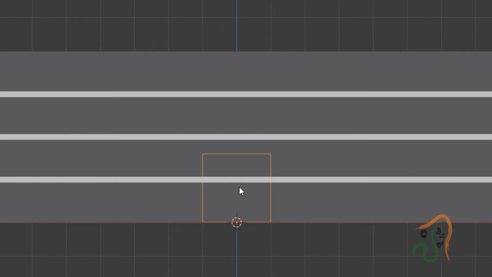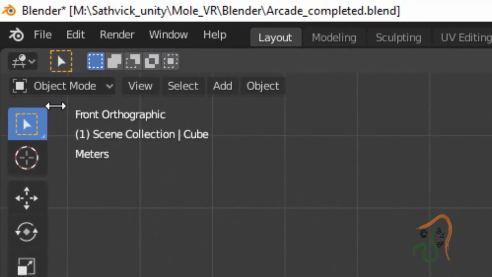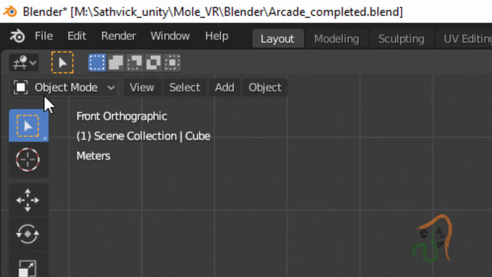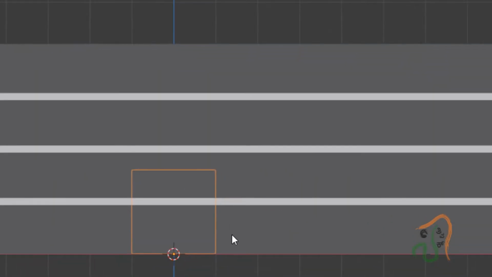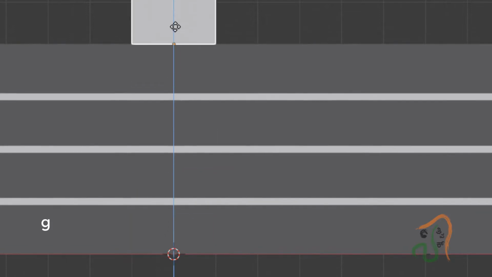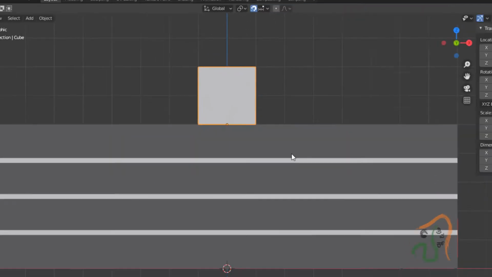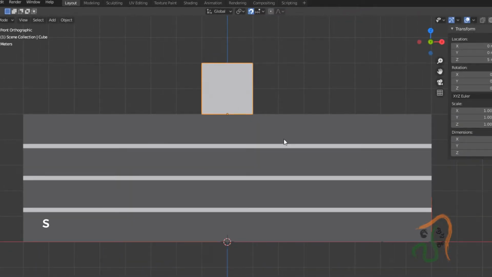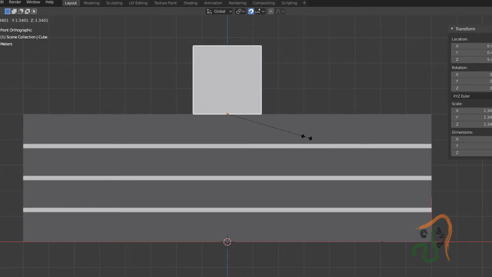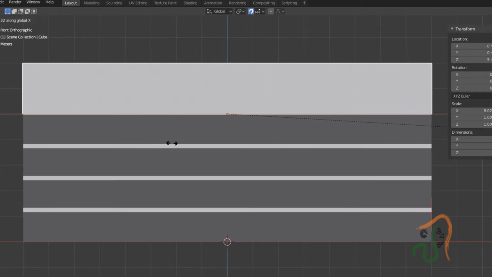bottom of this cube. Now we are in the object mode. So come out of edit mode now, and in the object mode press G and Z and move it to the top here so that it snaps here. Then let us scale it, press S, and when we are scaling it, let us scale it along the Z axis. Press Shift plus Tab to snap it. Let us scale it this much. Okay, this is the rooftop.